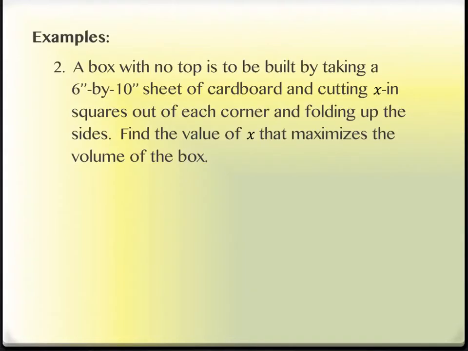Okay. The next one is like a classic example question that always shows up in textbooks. It doesn't matter who created the textbook, they're always going to have a question like this. Talks about a box with no top. It's to be built by taking a 6 inch by 10 inch sheet of cardboard and cutting X inch squares out of each corner. So what I want you to imagine is like a shoe box or a t-shirt box,